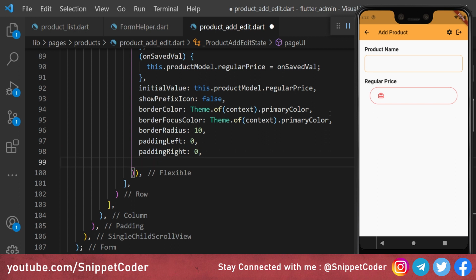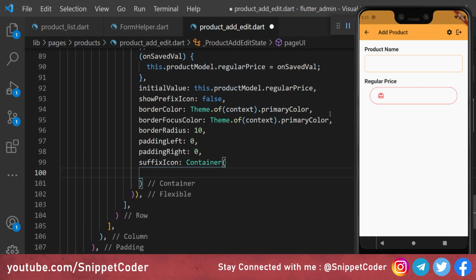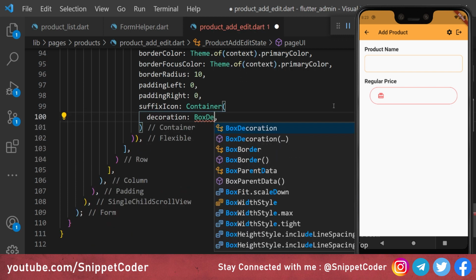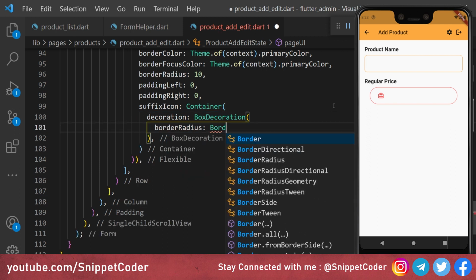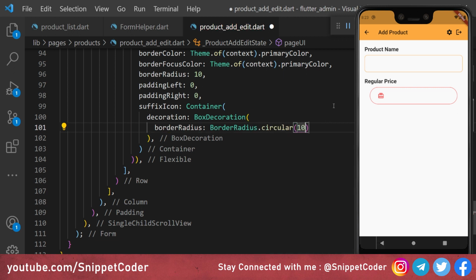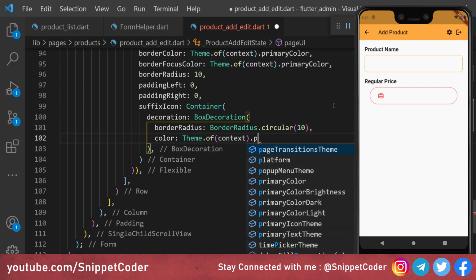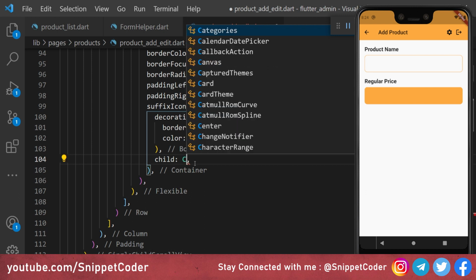Then here we are using the suffix icon, and we are putting a Container. And here we have the decoration part, and we are using a BoxDecoration. On the border radius we are using BorderRadius.circular(10). Then we have the color here, and we are using Theme.of(context).primaryColor. Then we have the child here. The child we are using is a Column widget.